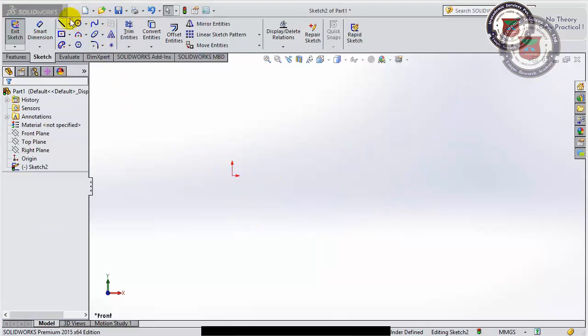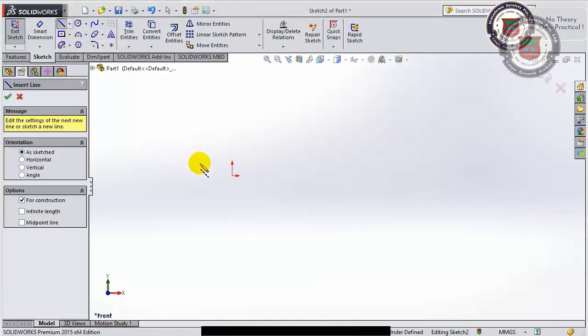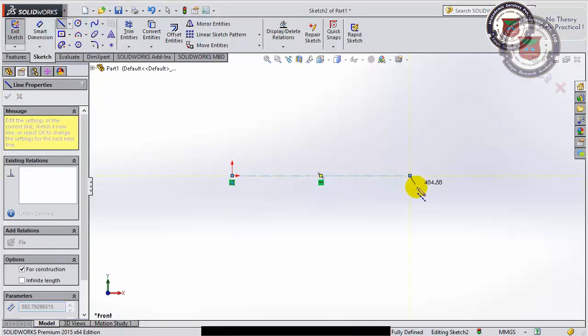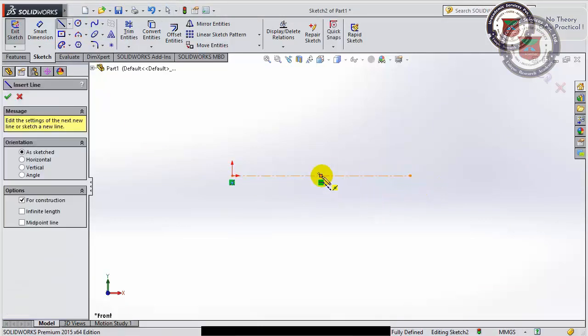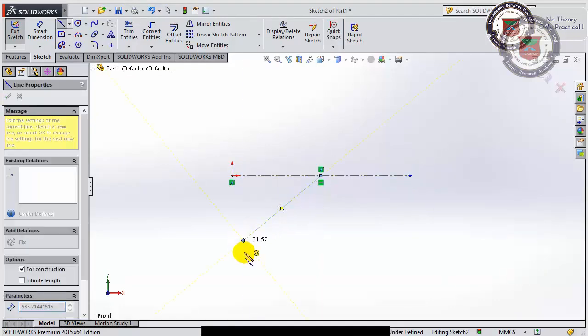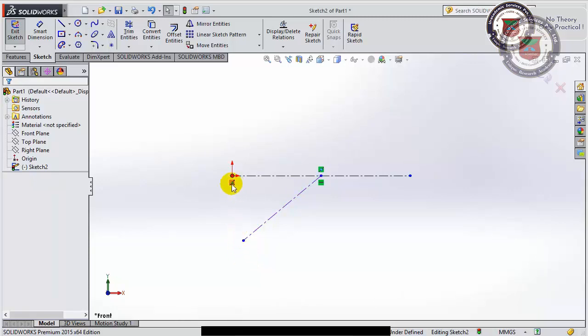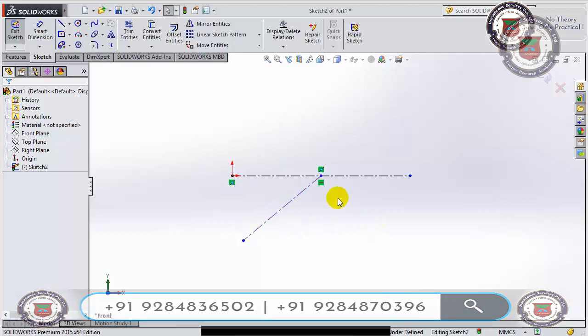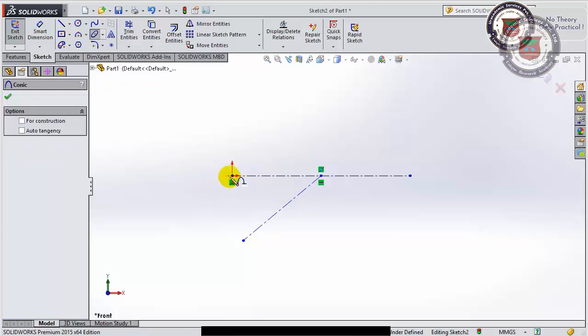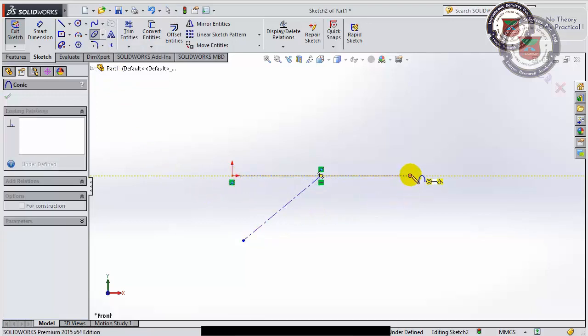Now suppose I want to take a curve defined by some certain points. I'm taking a line to provide some points, taking its center, and taking a line to provide an inclination to the curve. Now I want to start a curve from this point and end at this point, but inclined through this line. So I'll be taking the conic, clicking on this point, then on this point.